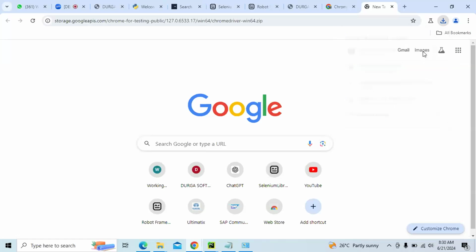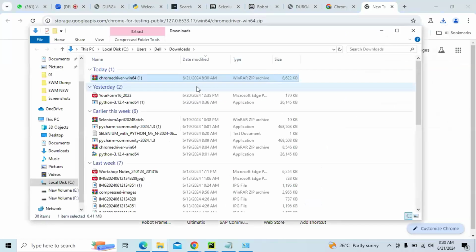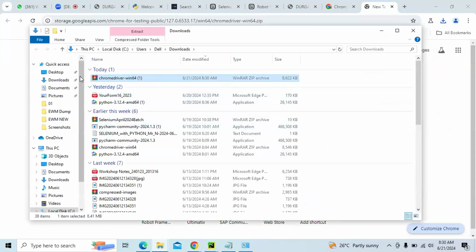You need to actually open this, extract it. Okay, extract this. I already have it. So you have to extract it. After extracting, once you extract, you will find something called... Let me also show it. So once you extract it,